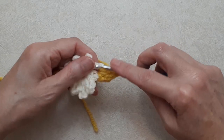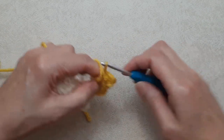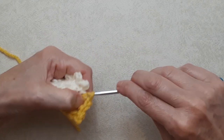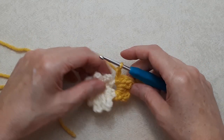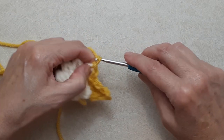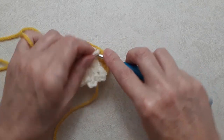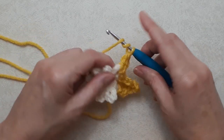Then you're going to do a double crochet back down into your chain 4 space. There we go. And then a chain 2 and bring that chain 2 down into the chain 4 space. Just like that. And then we'll chain 2, slip stitch over into the next chain 4 space, chain 2, squish that over, and do a double crochet, a treble crochet,